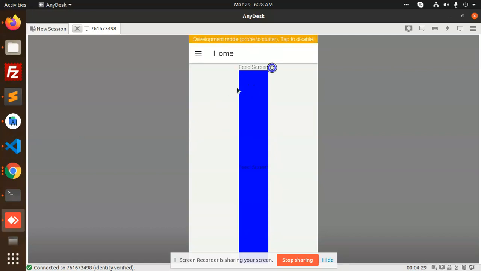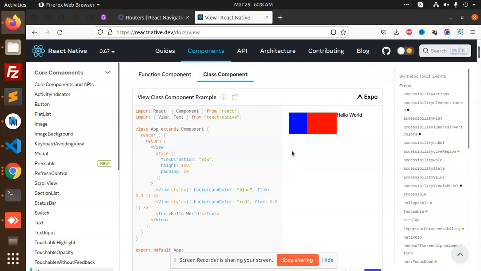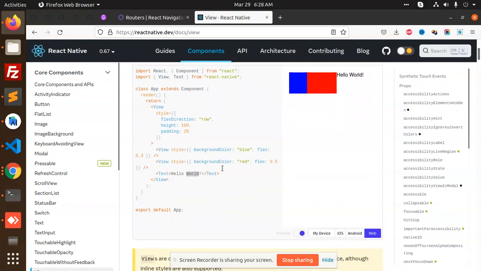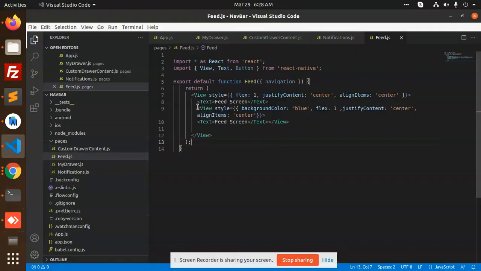Each pin is going to be top, and it will take that much part. So let's move to the next one. Currently the first view has a flex of 0.3, so it's taking this space. After that it's taking that space, and we have mentioned it in the text hello world. So this is basically a view component, right? And we can add multiple things into it, like